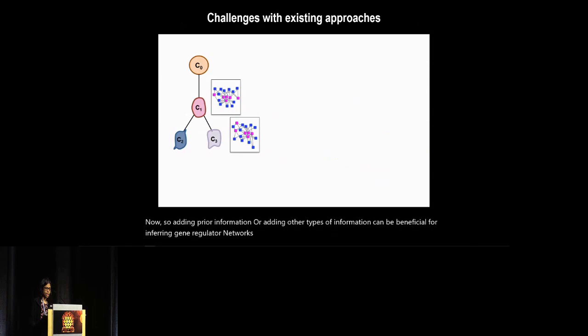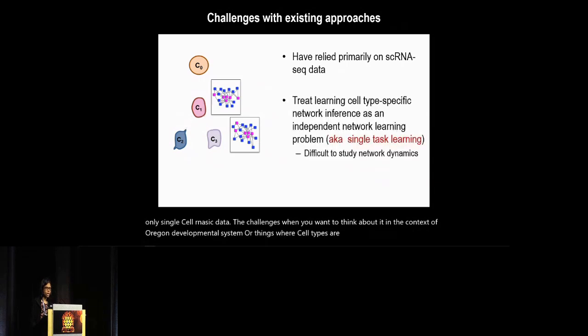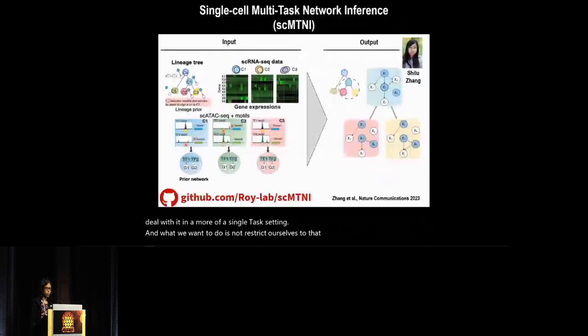Now, there are still challenges, not only that they are using only single-cell RNA-seq data, there are challenges when we want to think about it in the context of a developmental system or things where cell types are related. And the challenge is that most methods don't actually account for the fact that these things are related. So they deal with it in more of a single task setting. And what we want to do is not restrict ourselves to that limitation. So we developed an approach, SCMTNI, which takes in as input